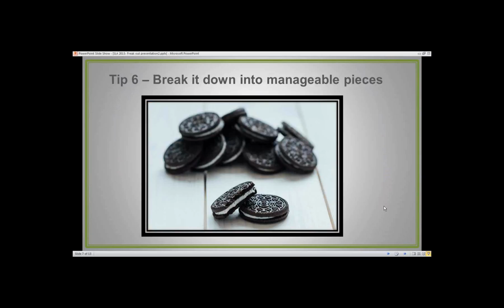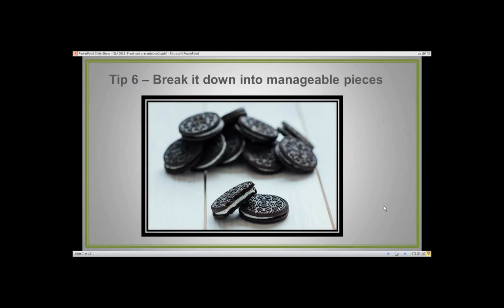Tip number 6, break it down into manageable pieces. Give each piece of the question a set amount of time, but always make sure to allow enough time to package what you find into your deliverables. Because without that added insight, you're just giving some data points to your clients. Now, some clients really just want that, but to give added value to your deliverable, make sure you leave at least enough time to give even a paragraph, a couple of bullet points,